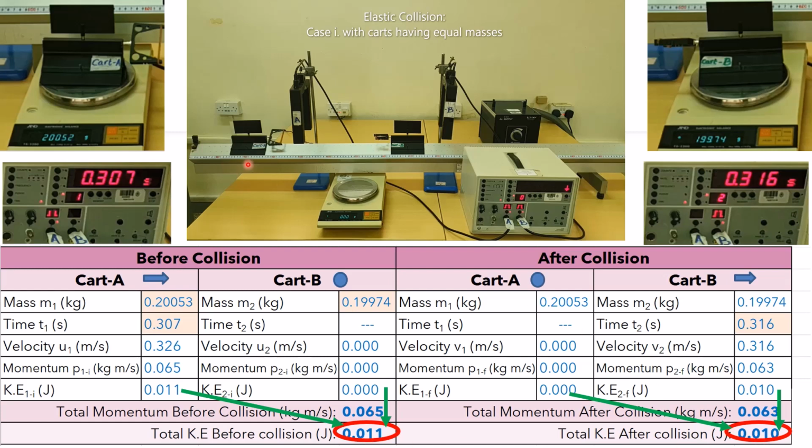So on a linear track, the sum of the kinetic energy of two bodies before collision is nearly equal to the sum of the kinetic energy of two objects after the collision. Here the percentage of difference in the momentum is 3%, whereas the percentage of difference in the kinetic energy is around 6%. This is an acceptable range. Up to 5% it is acceptable, because the experiment is done under normal conditions, so this is within the acceptable range.